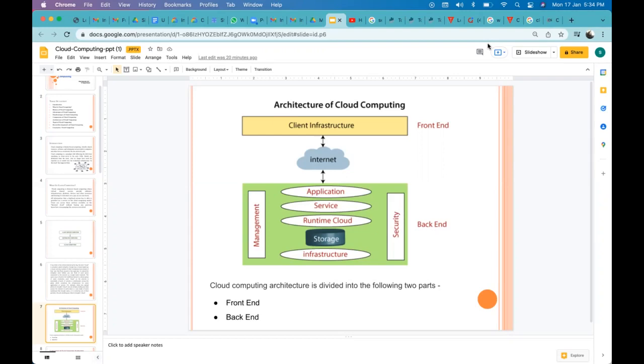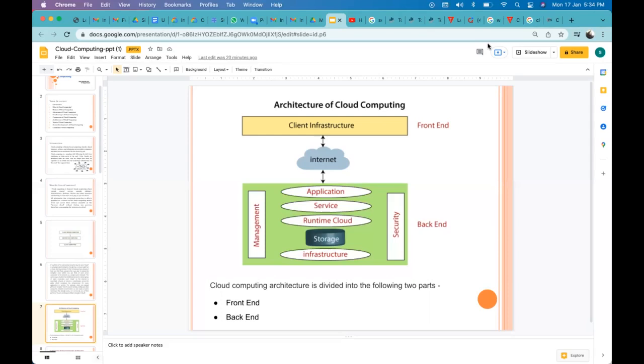Or if you don't have the Drive application, then you simply open Chrome on your laptop. Chrome is a web browser, so it is part of the front end. Through that you are accessing the facilities of the cloud.